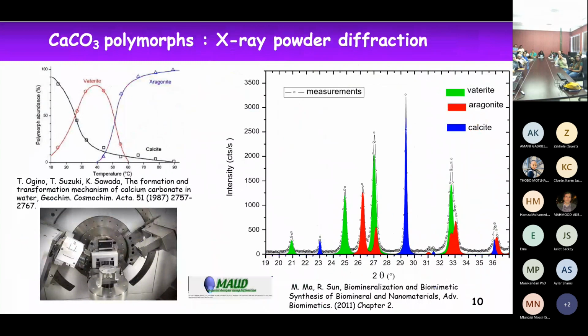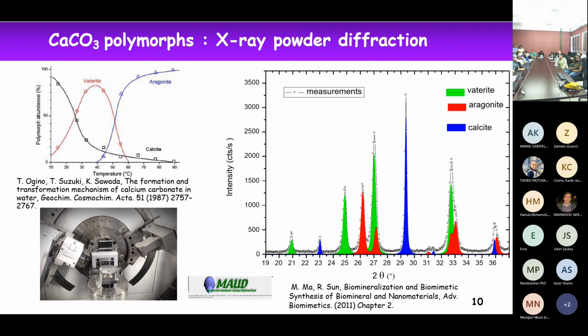How does it work also? I have shown you that you have different types of polymorphs. If you want to know what type of polymorph you have, you can use scanning electron microscopy. It gives you an idea because you have the shape. But you can also do X-ray diffraction,